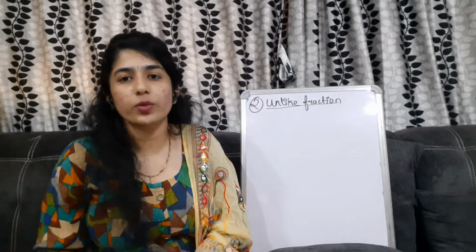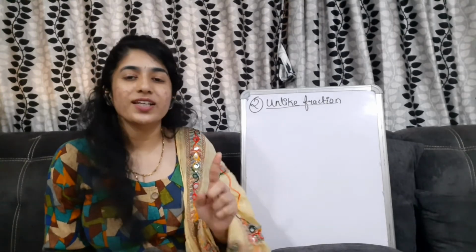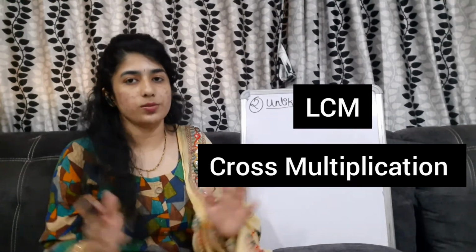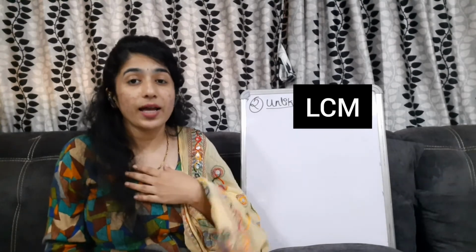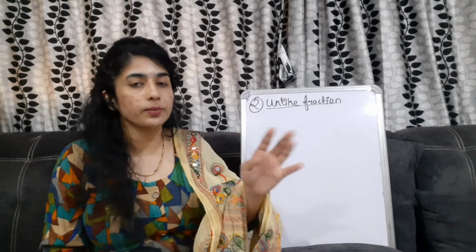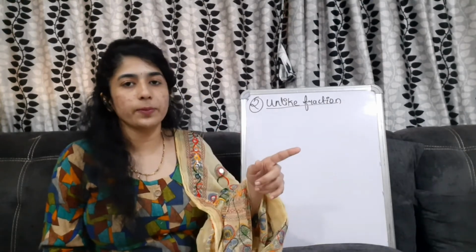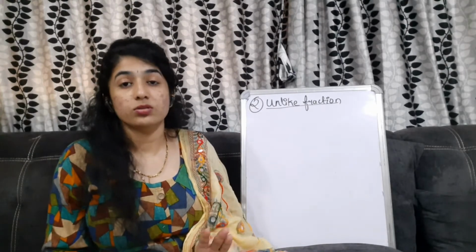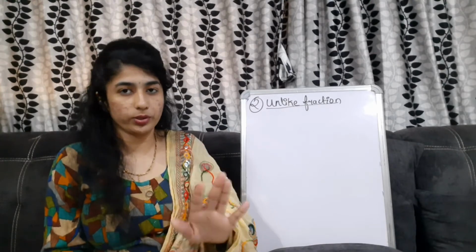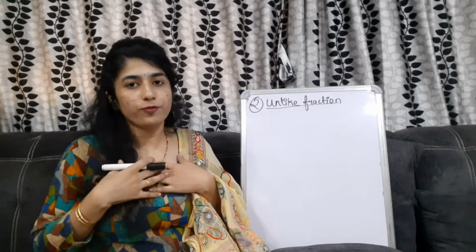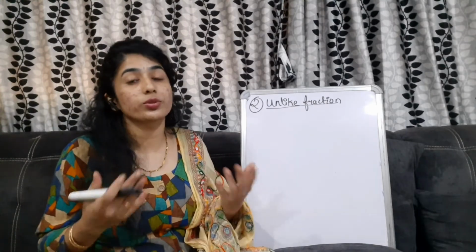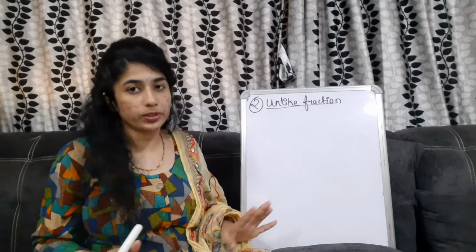See, here there are two ways of doing. One is to find the LCM and go ahead, or you can simply do the cross multiplication and do the calculation. I personally prefer the cross multiplication one because there is no confusion, no LCM and all, nothing you have to do. Simply cross multiply and go with it. So that is what I do. It's up to you, your choice, whatever you are comfortable with, you can do it. Okay. In this video I will be focusing on the cross multiplication and how to do the addition and subtraction using the cross multiplication method.